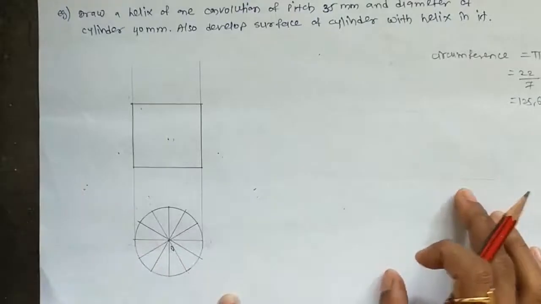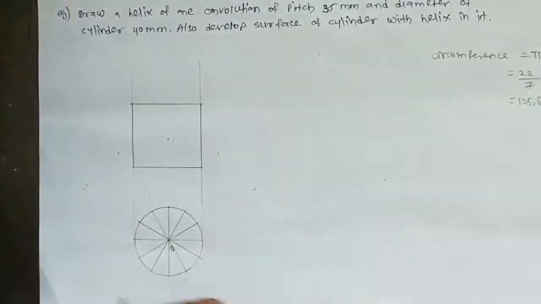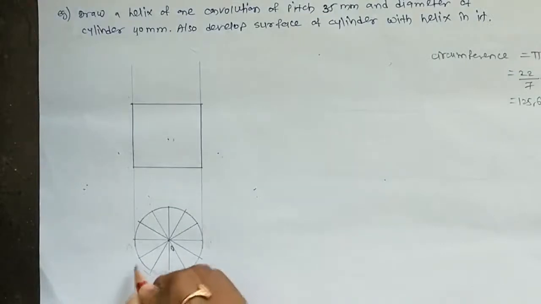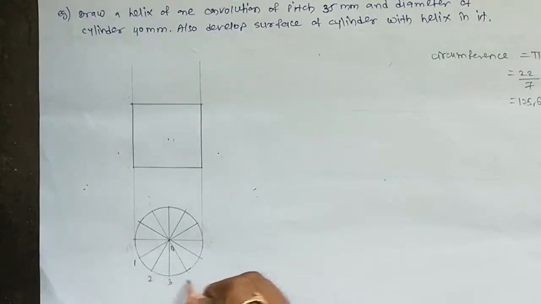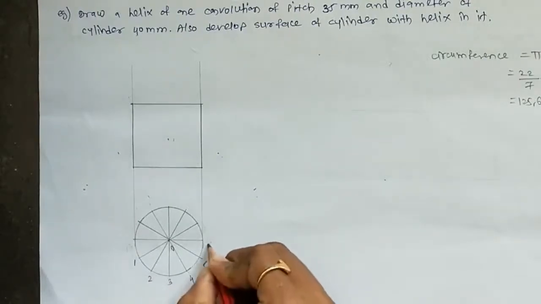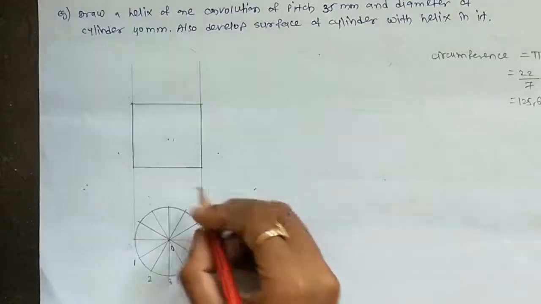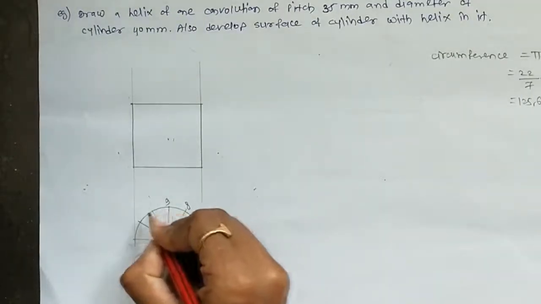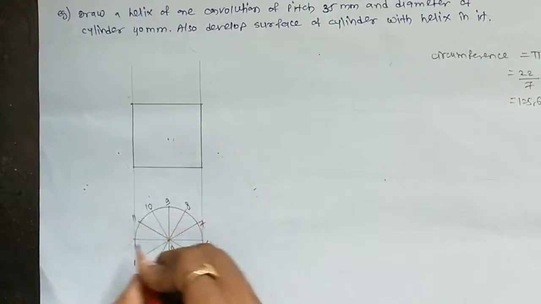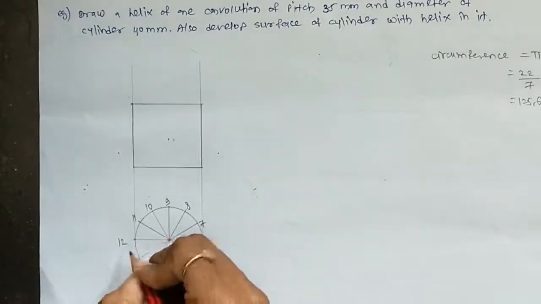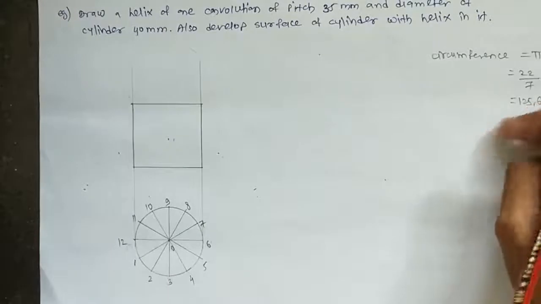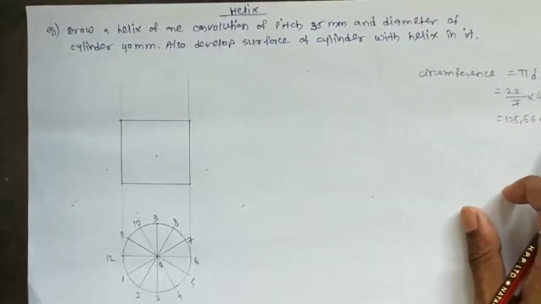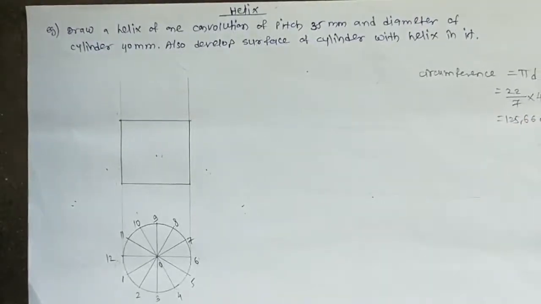Now give name to these various points as point 1, 2, 3, 4, 5, 6, 7, 8, 9, 10, 11, and at this point there is a point 12. Now next task is,